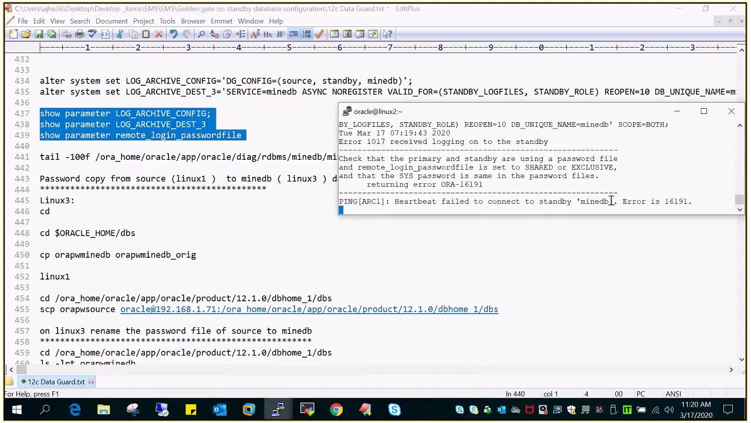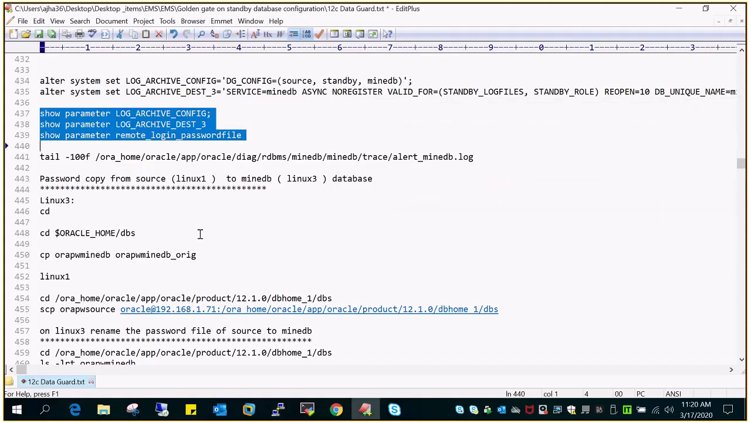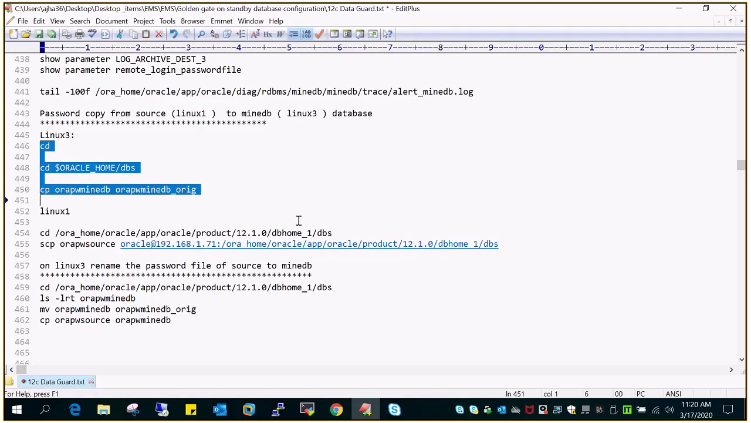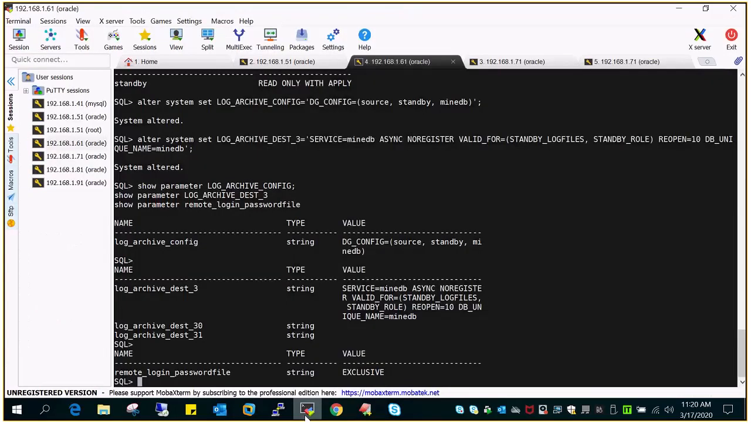so that it should start showing you. This is my Linux 2. It will start showing the heartbeat failed to connect to standby. So this is fine because we have not done the configuration onto the standby environment. That is MiningDB. So what I'm going to do on the Linux 3, which is hosting the MiningDB database, is execute